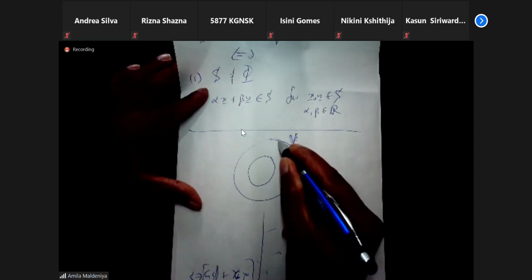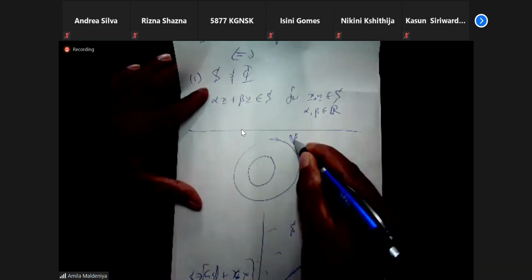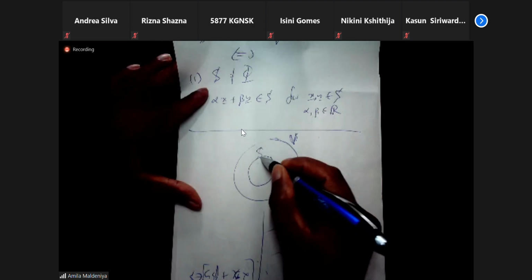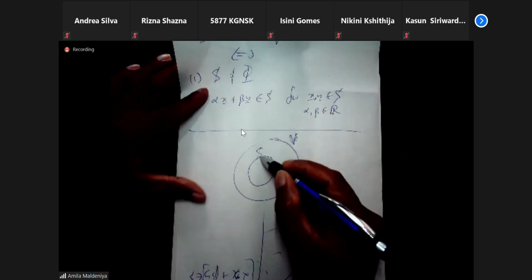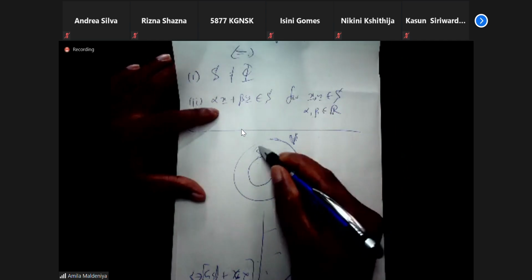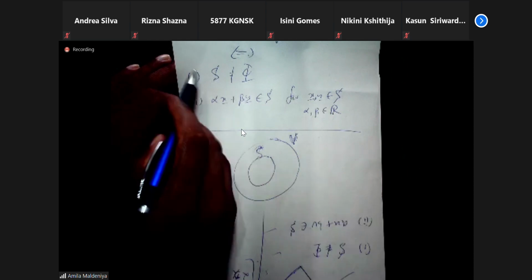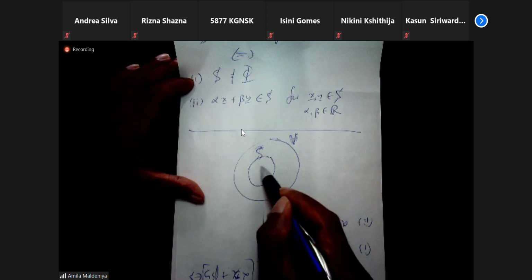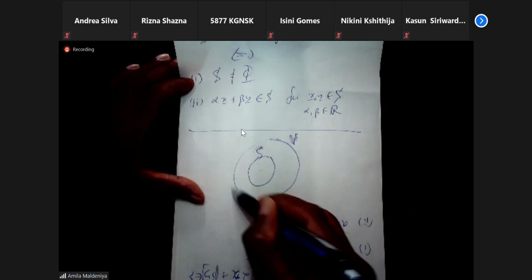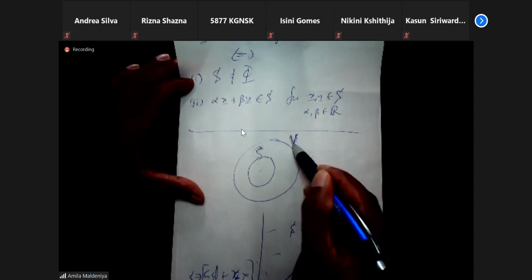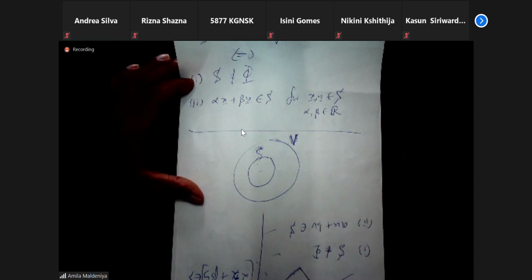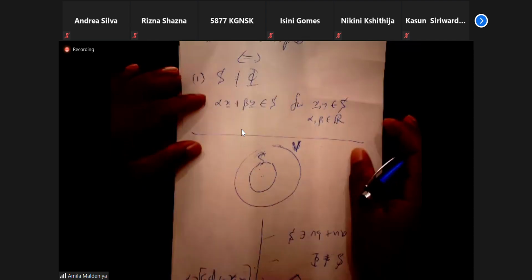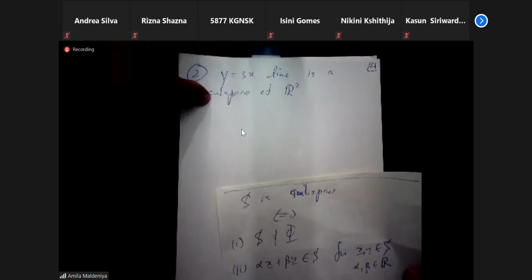S is a subset of a given vector space. If you want to prove this S has a vector structure, then you just need to prove these two things, because out of all the axioms, most of them are satisfied automatically, since the larger set has a vector structure. Anyway, just prove that S satisfies these two things. Okay, that's it. So very simple. Now let's see.